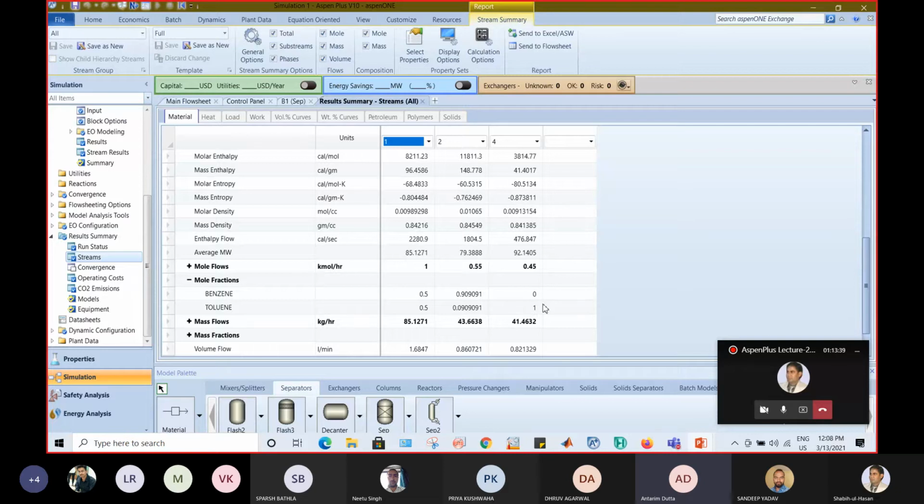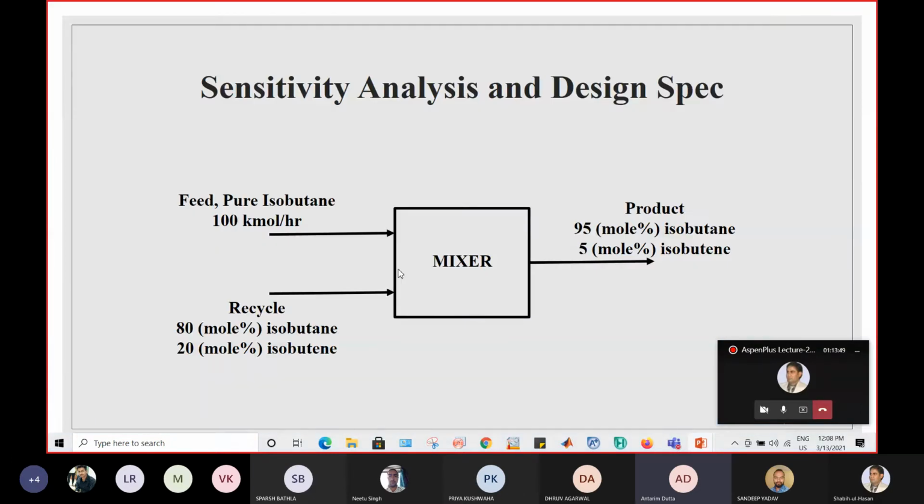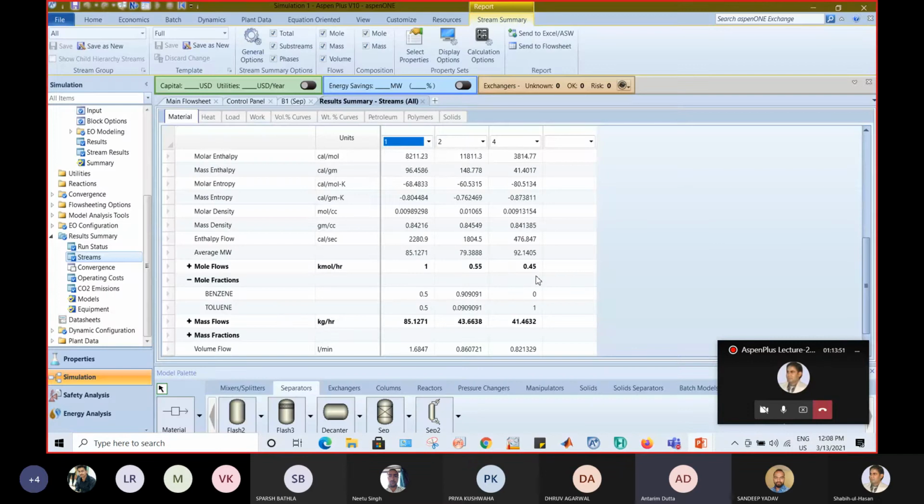You can see this is 0.45 and 0.55, since 0.5 is benzene plus 0.05 is toluene. This is because 0.5 toluene was initially present, and 10% of 0.5 is 0.05. That's why there is an addition of 0.05 there, and a decrement of 0.05 in the bottom stream. I hope this is clear to you all.